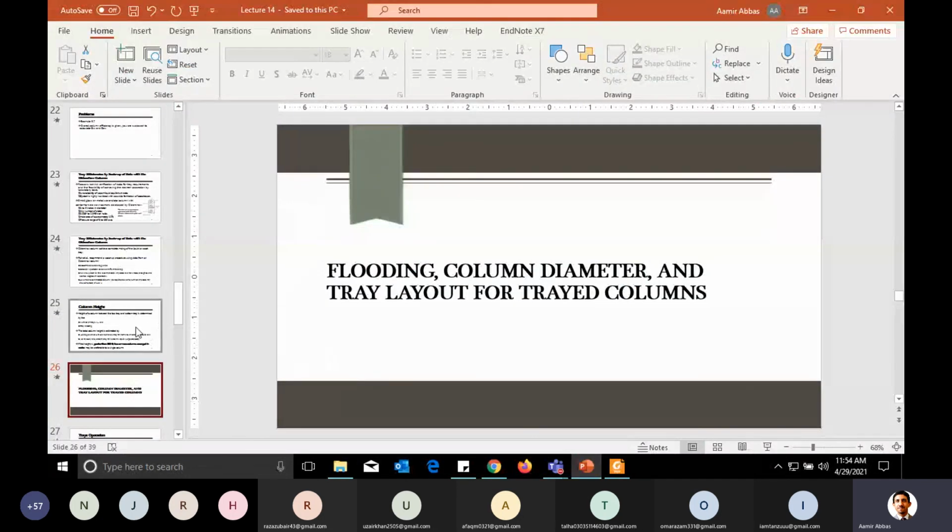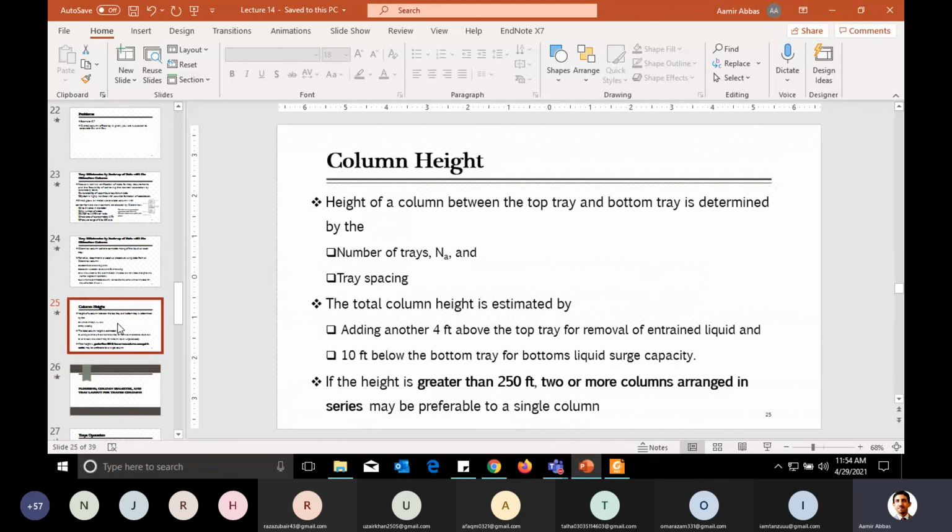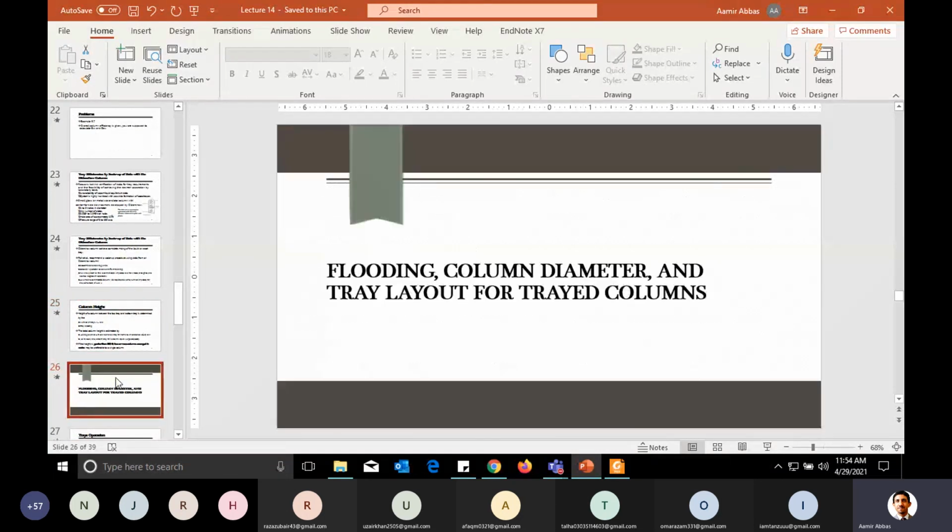Today we discussed two methods for determination of efficiency. The one method which is more widely used is Murphy vapor efficiency, and then there are equations which link the different efficiencies. The other method was a lab scale method which can be scaled up for use on a large or industrial scale.